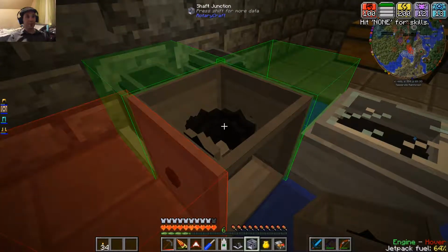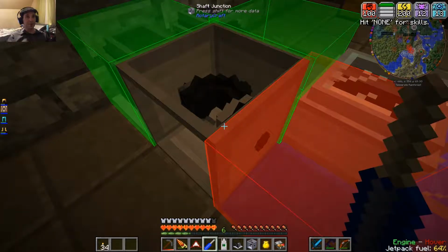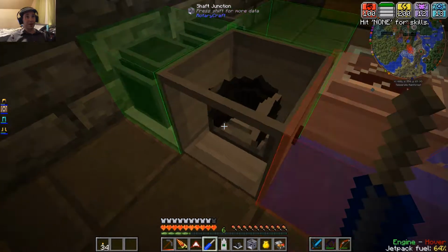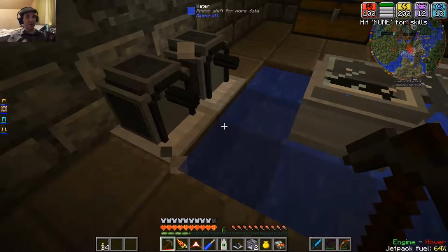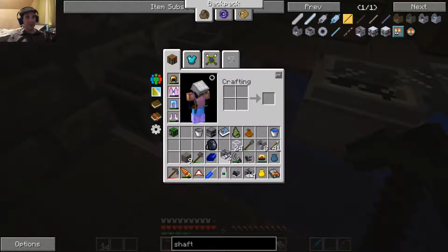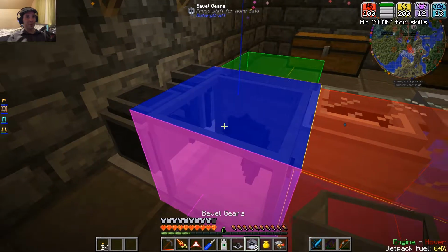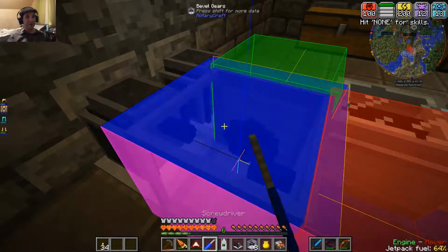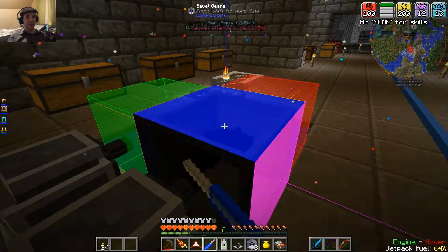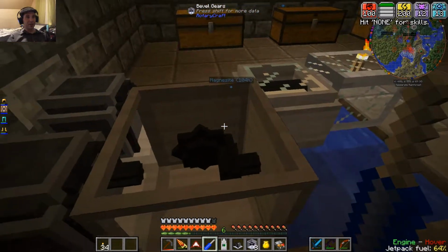Input, output. Get the shaft junction. God damn it. Bevel gears. Put them here. Oh boy. Okay, what side is what? So black is in...